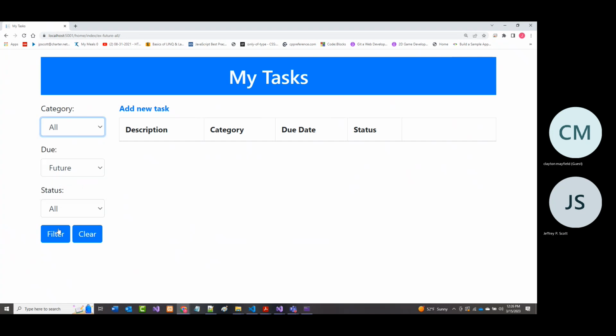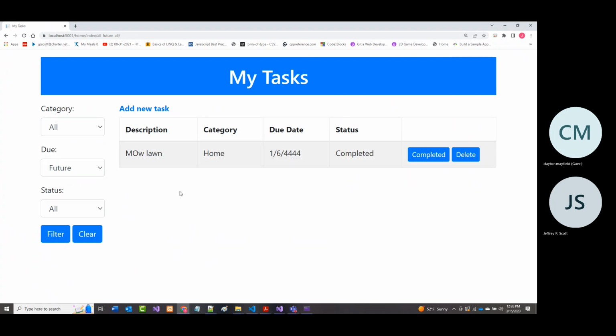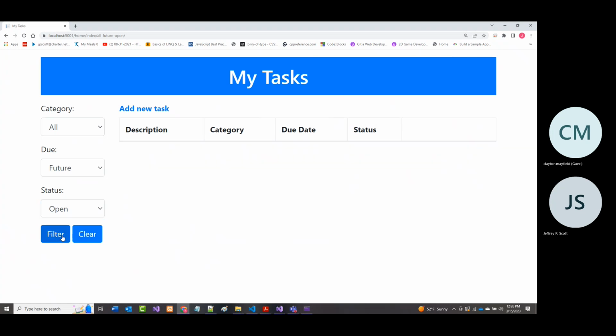But if I go back to all and filter, that's what's left. All right. So these are the ones. Do I have anything that's completed? No. All right. I guess it's been deleted. And what do I have that's open? I would just want it all.